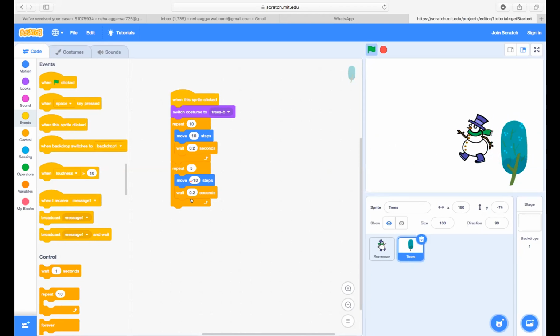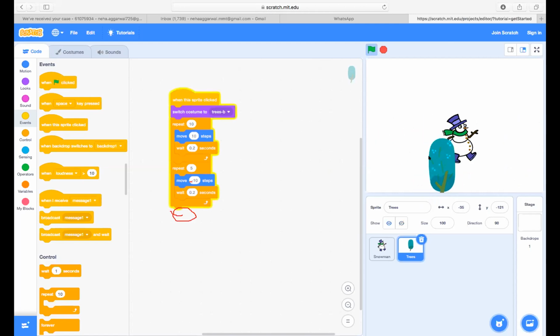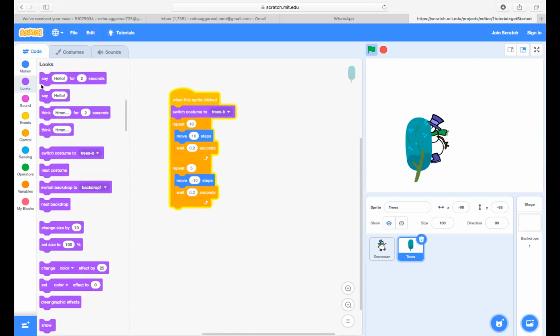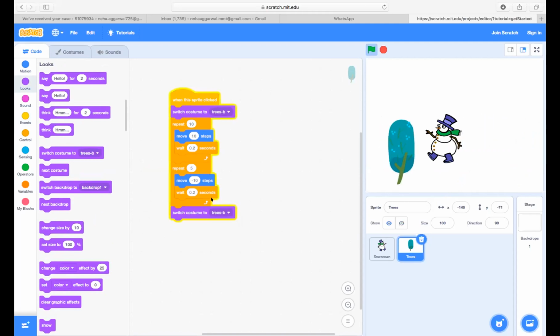It doesn't look like it's moving. Now you also have to put a switch costume at the bottom. Go back to looks. Tree A. Okay, now click on your sprite.